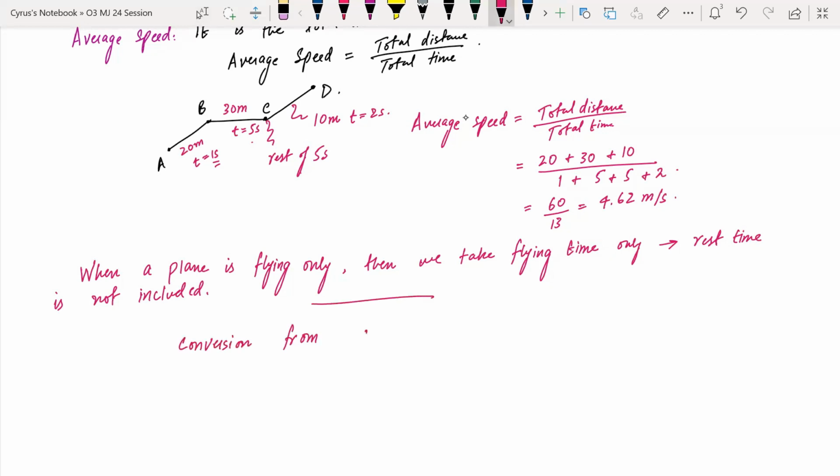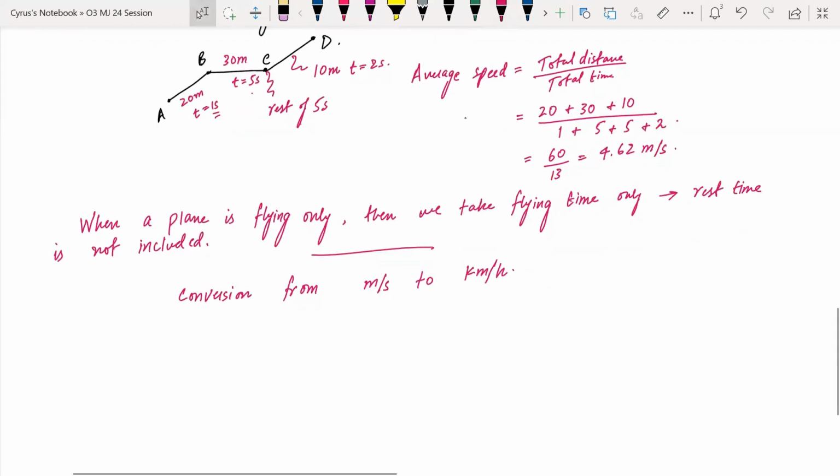अच्छा, फॉर एग्जांपल कन्वर्जन आपने करनी है, कन्वर्जन फ्रॉम मीटर पर सेकेंड टू किलोमीटर पर आवर। हाउ विल यू कन्वर्ट 1 meter per second into kilometer per hour? If you have 1 meter in 1 second and you want to convert it into kilometer per hour, what will be the strategy? देखिए 1 मीटर जो होता है वो 1000 मीटर 1 किलोमीटर बनाता है।